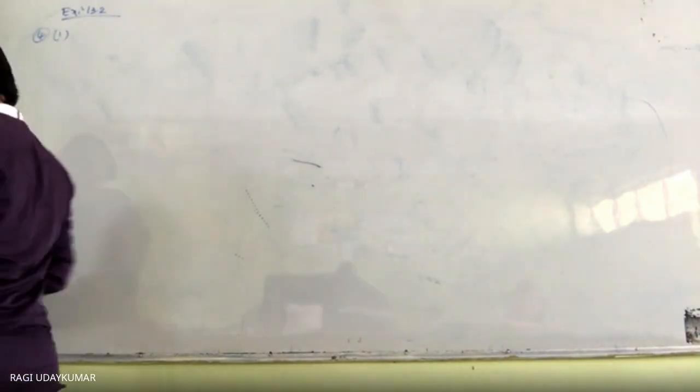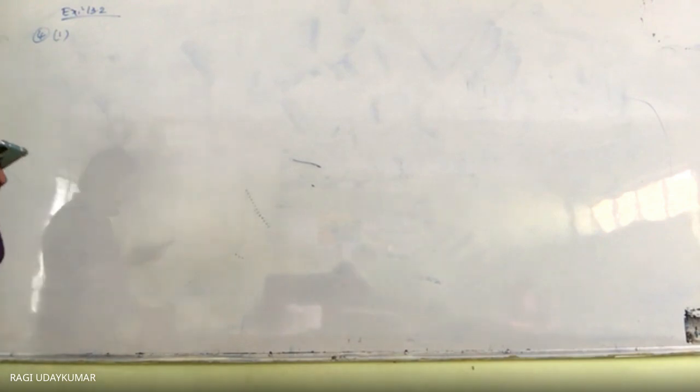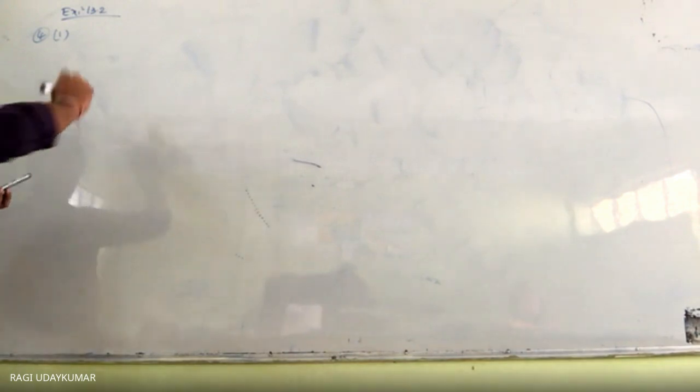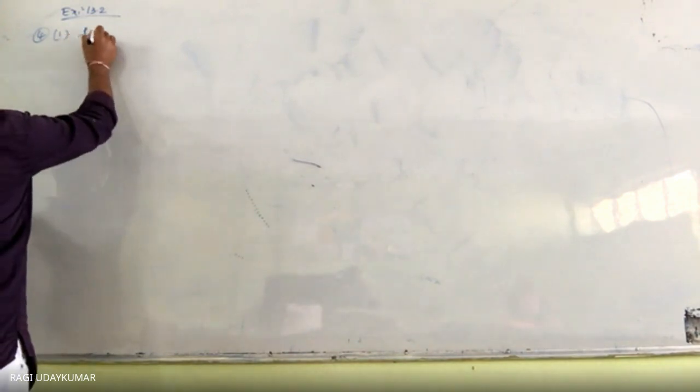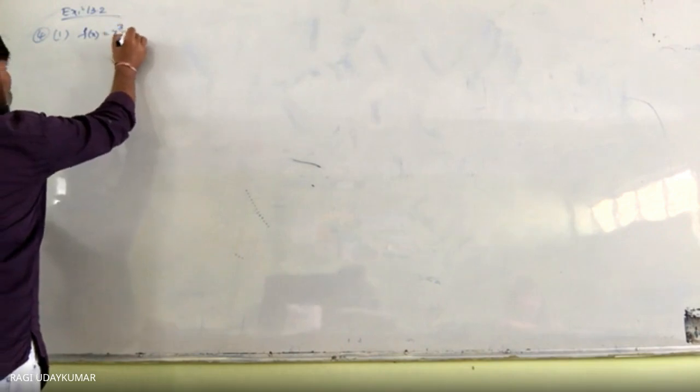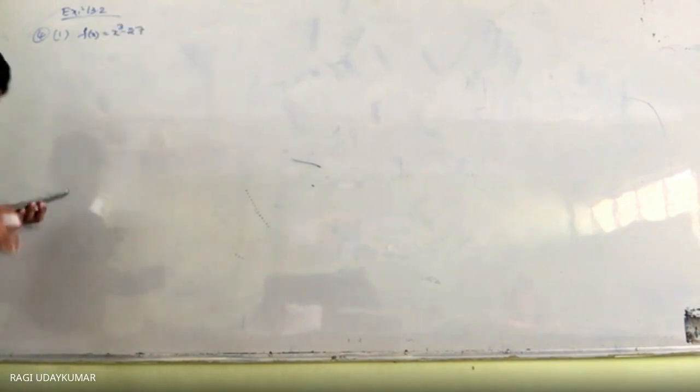Using the first principle, you need to differentiate the function here. The first question is given x cube minus 27. Okay, so the given function is f of x equals x cube minus 27. Using the first principle, you need to solve it. So the first principle says to you that